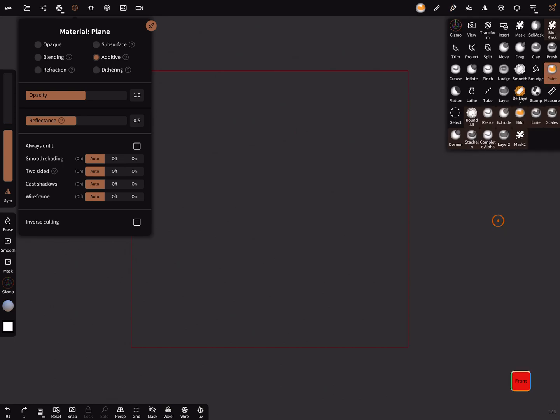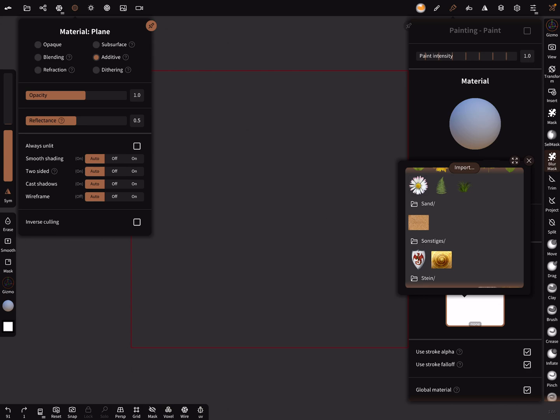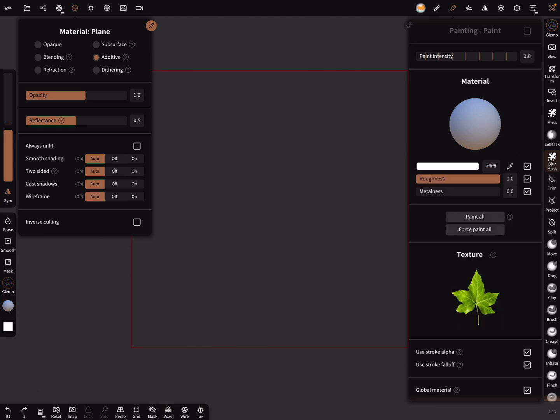And the next thing is in the paint you can use a texture. And for the texture it's important to use a transparent PNG with a transparent background. Okay, I delete this one. Yes, I use this now.